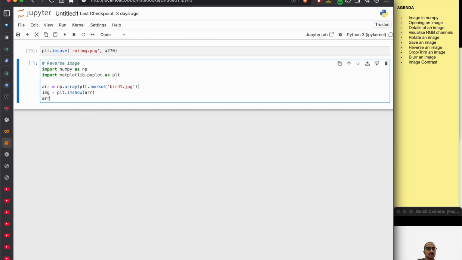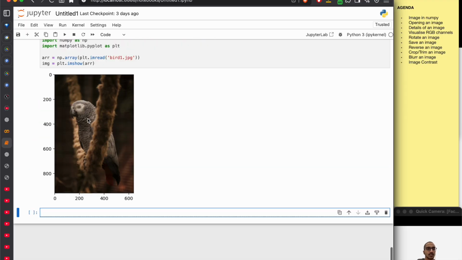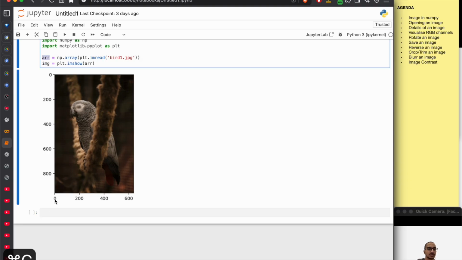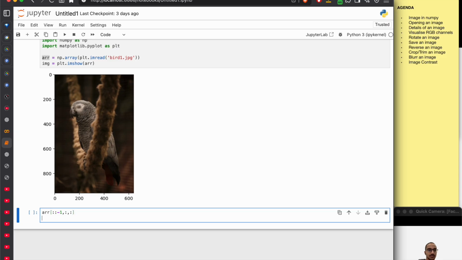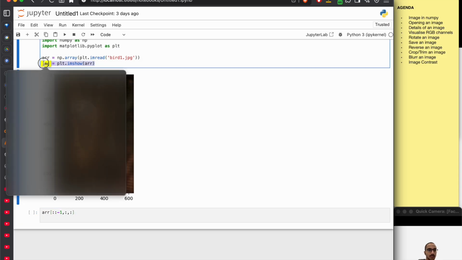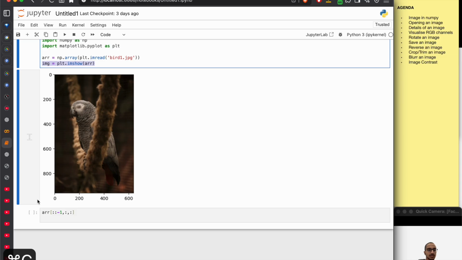Let's run this. Now if we want to reverse the image, we have the rows, columns, and the depth values. The depth obviously remains the same. Let's say we want to flip it horizontally, colon, and if we pass the rotated image or the flipped image,